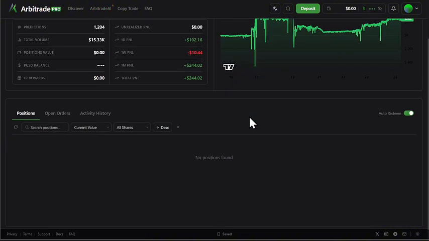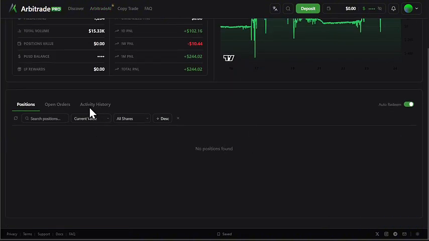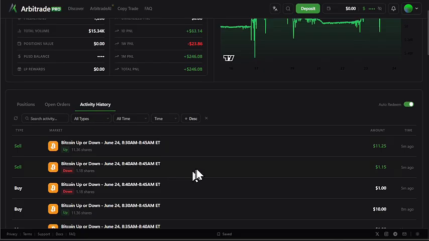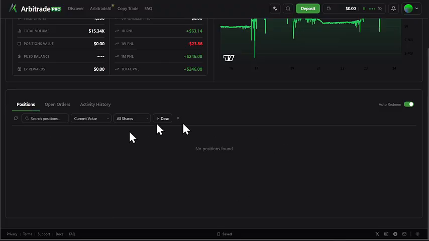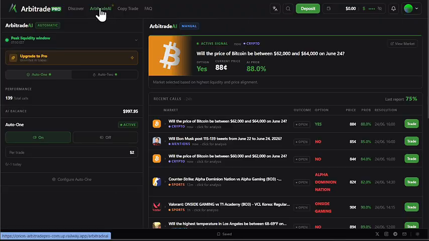You will see these operations. Here in your history activity, you will see that these operations are going to begin to appear automatically. Here in your activity history and positions, from the moments they enter, it is very simple to operate. This is the automatic way that arbitrariness defines and helps you so that you can make good trades. With artificial intelligence,